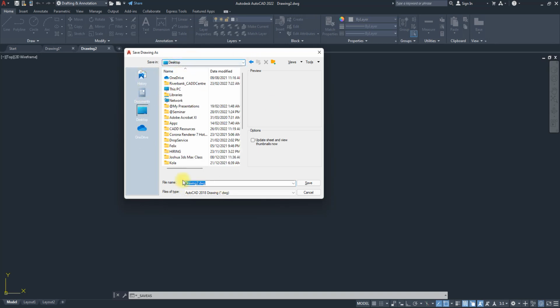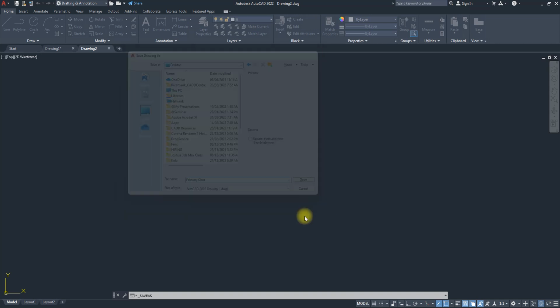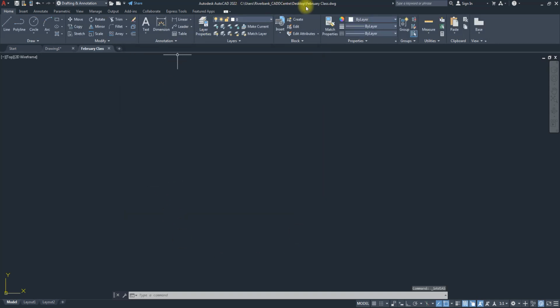So I'll just say, all right, February class, and I'll save this. Once I save, and that is saved, you can see the file path. Okay. If I hit save again,